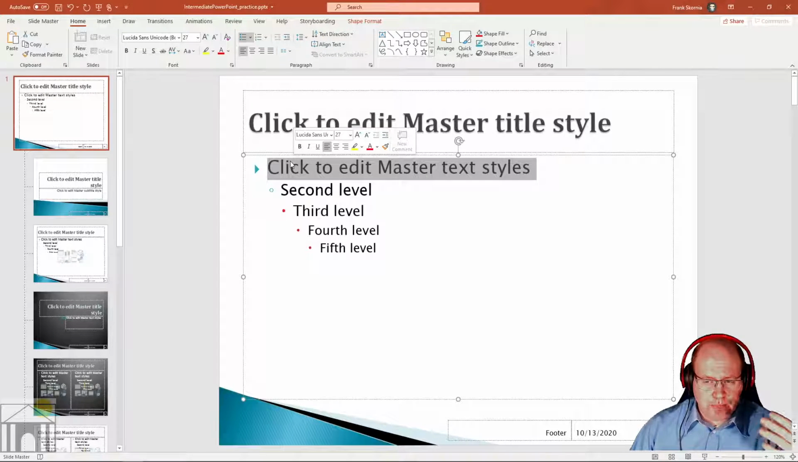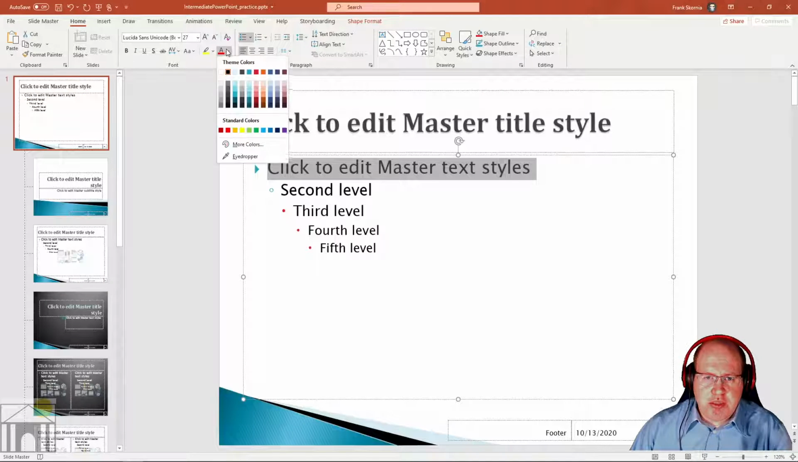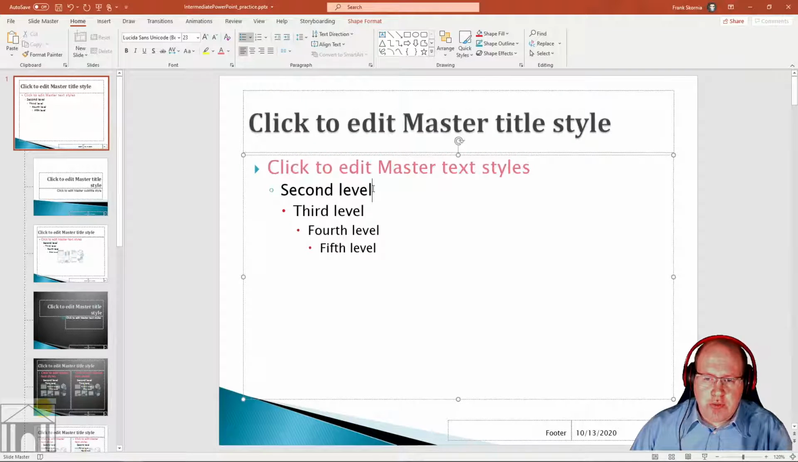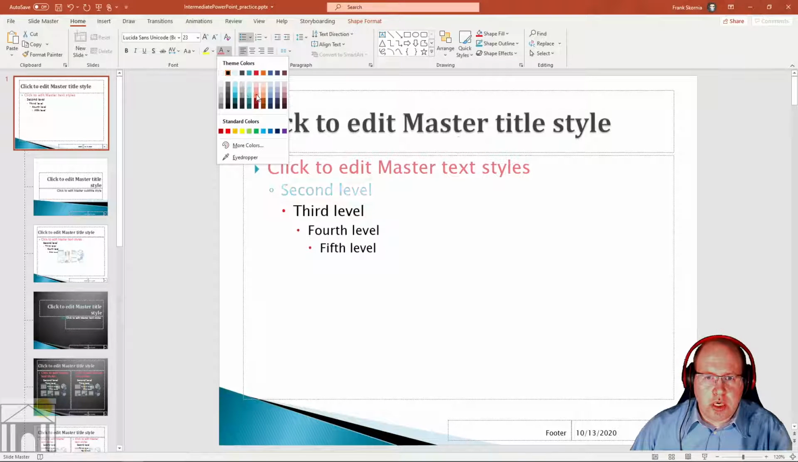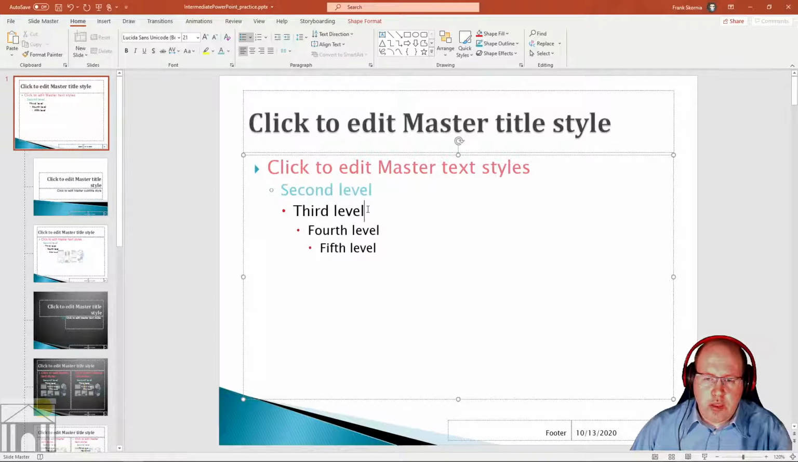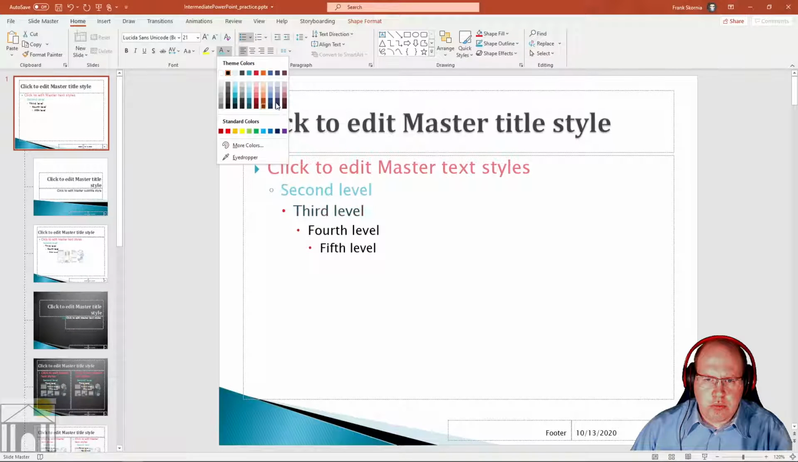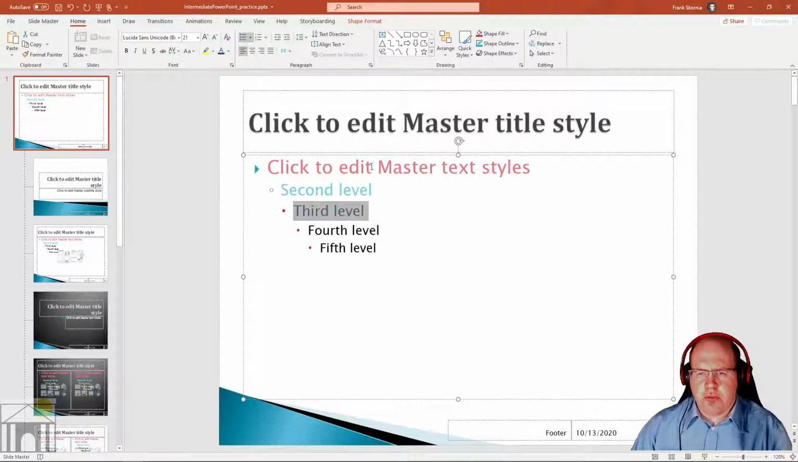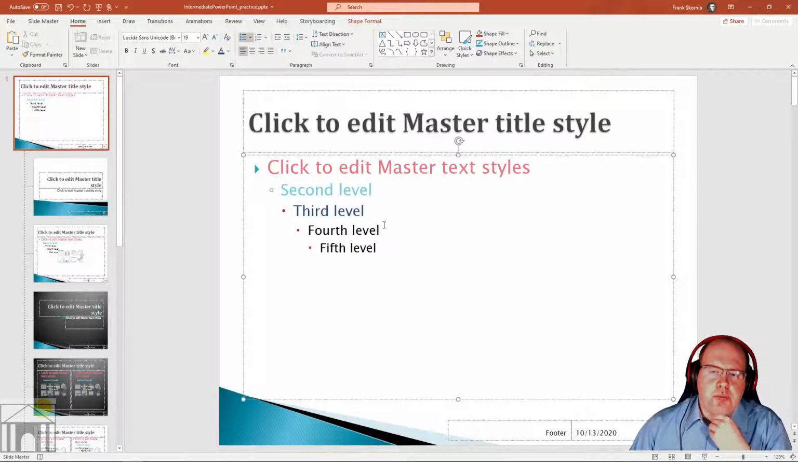So if I want, say, my top one here, let's make this red in color, and let's make this one blue. And then I don't think I have anything that goes below 3, so we'll make this one a little bit darker blue. There we go. So you can see I can change those different levels, and you can see it changes it in other places in my layout. So if I come down here,